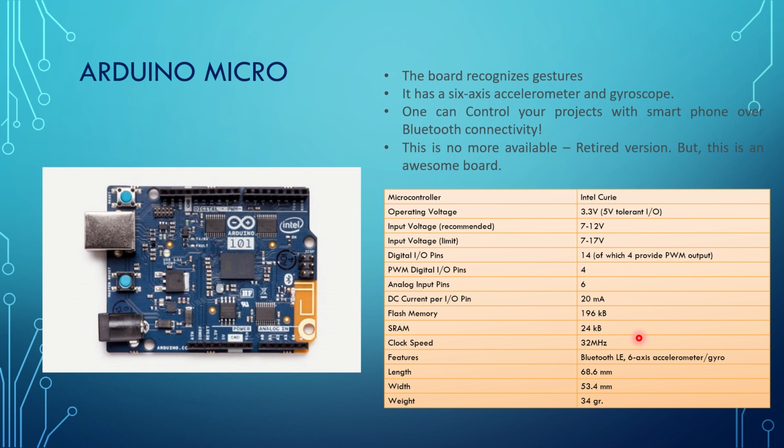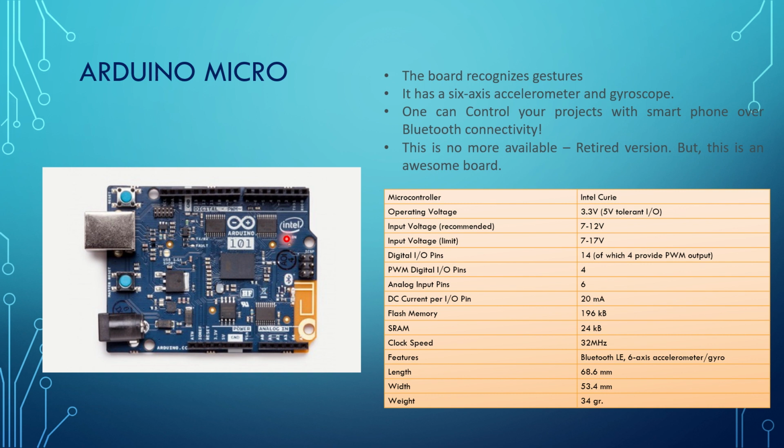The next one is Arduino Micro. This board is not available right now, which is a retired version, but it is worth mentioning. Why is it so? This board was a revolutionary attempt by Arduino, and this board recognizes gestures. It has got a 6-axis accelerometer and gyroscope on board, and you can control your products with a smartphone with the Bluetooth connectivity. You can see that here it has got a complete setup for Bluetooth support, and it has